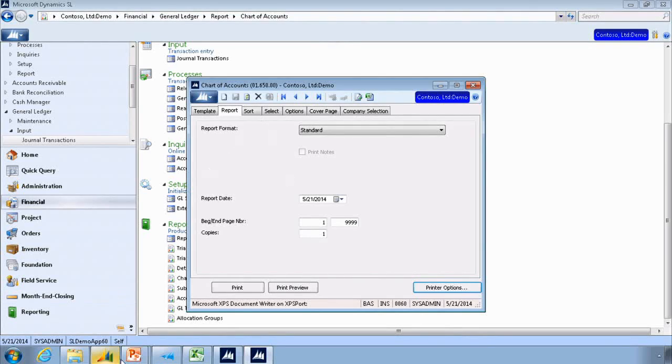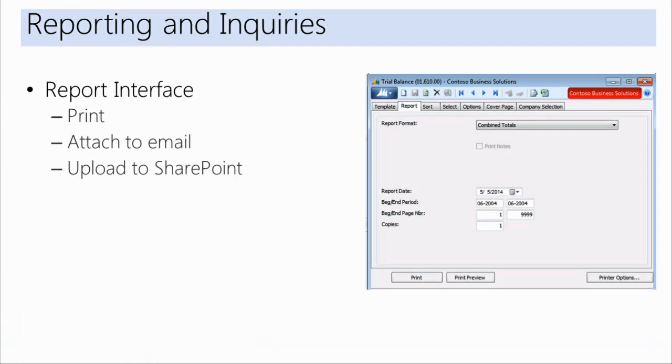So same interface, but can do three different things. I can print, I can email, and I can also upload to a site and keep it there. So a lot of different functionality you have there. Now the next thing that we'll talk about